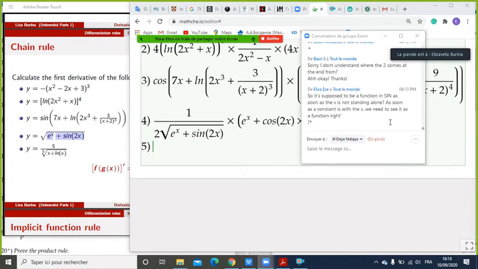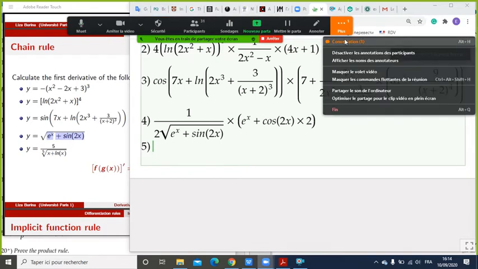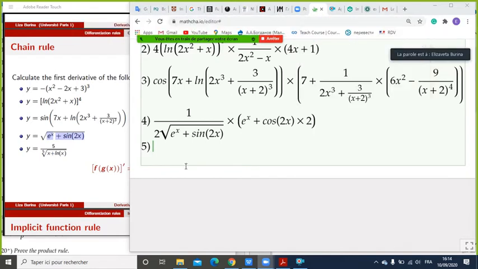Yes, as soon as a constant is with the x, we need to see if it's a function. As soon as something is with the x. So the simplest inner function is, wait a second. For example, here,